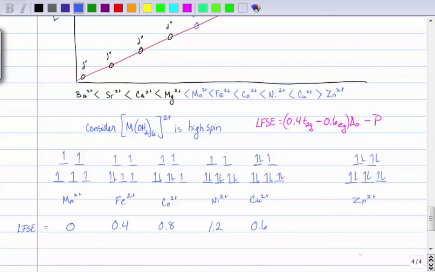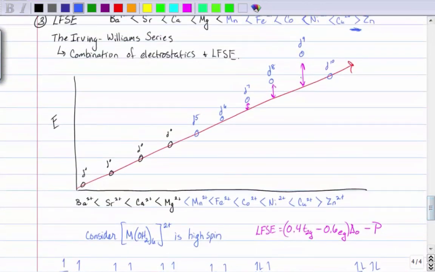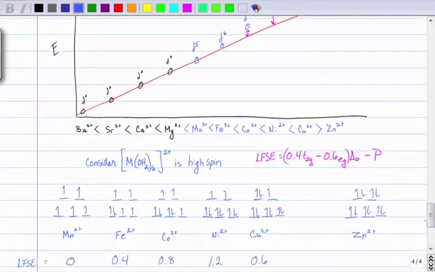So copper has less ligand field stabilization energy than nickel, and yet it's got a bigger gap here between the predicted energy and the actual energy. What might we use to explain that? What do we know about copper? Remember Jahn-Teller? The Jahn-Teller theorem says that if there are orbitals that are degenerate but not degenerate in their electron configuration,